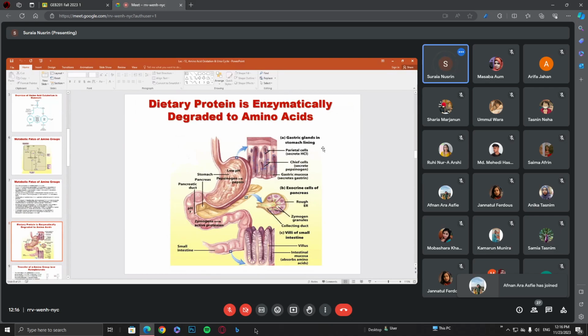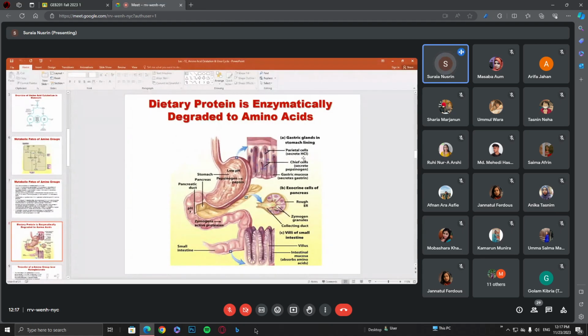Okay, now from where we are getting the amino acids? As we said, we may have it from our diet, that is one source, and another one from our storage. So from our diet, which we have also learned in case of glucose as well as fatty acid, amino acid or protein digestion starts in our stomach. Within the stomach there are gastric glands, present within the stomach lining, or we can say the epithelial lining of the stomach.